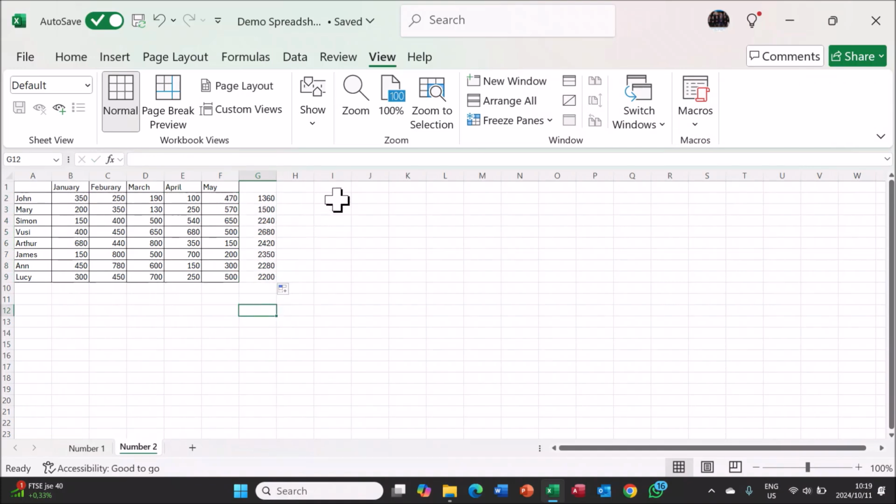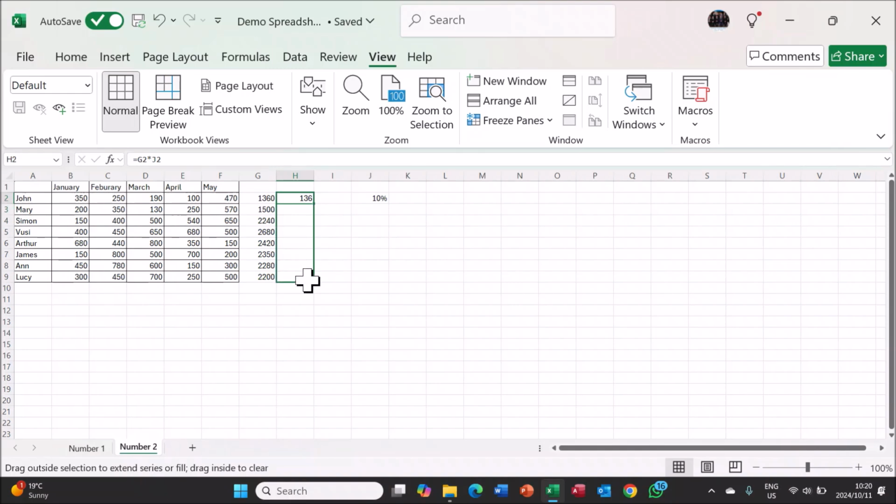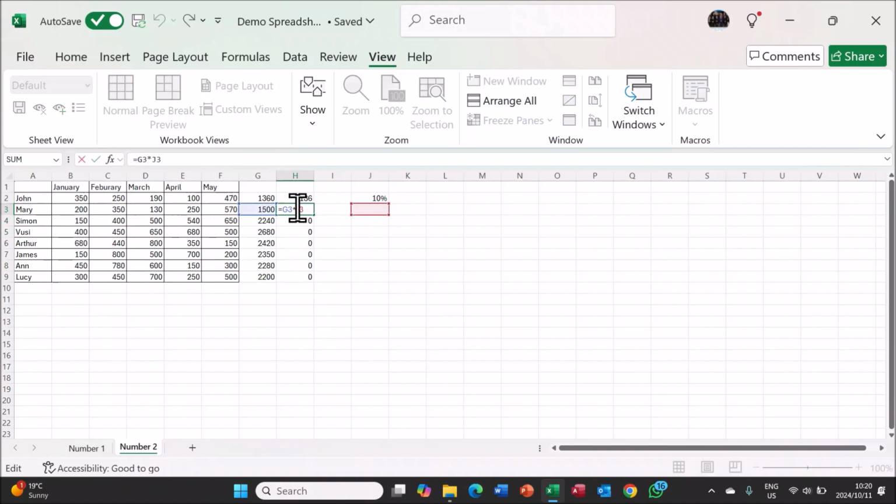An absolute cell reference refers to the fact that 10% was added onto the totals. If we say is equal to this total, John's one, times the 10% and say enter, and we try and autofill down, it gives the value zeros because this value here refers to this block where there's no 10% in. So we would need to put 10% in each of these blocks for there to be values in these blocks here. But what you can do is you can use an absolute cell reference where you refer to this cell,